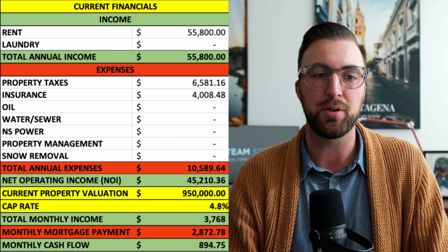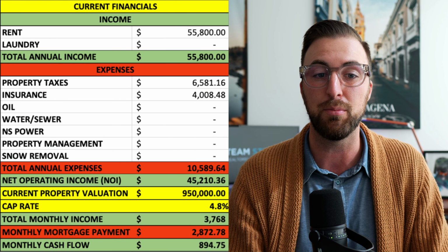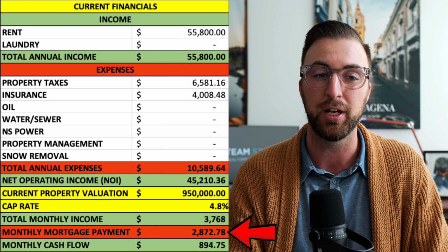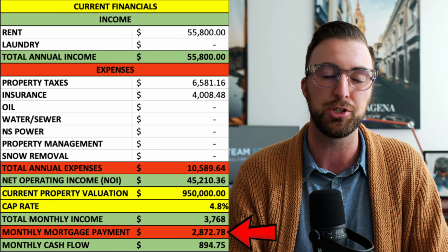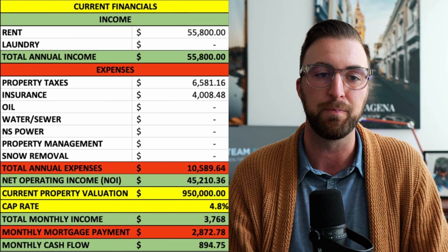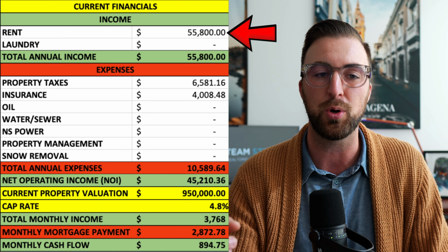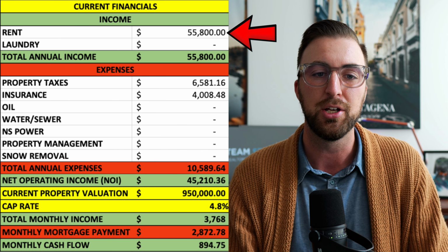So this is going to take you through the numbers on an investment property that I own in the West End of Halifax. So these are real life numbers. And in terms of my mortgage payment, when we get there, for the record, this mortgage is from over a year ago, so I'm on a little bit of a lower rate than what you might see today if you were buying. So this particular property has rent of $2,300 in one unit and $2,350 in the other unit. So this equals